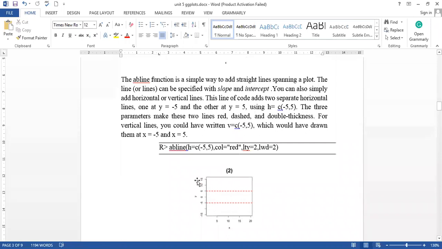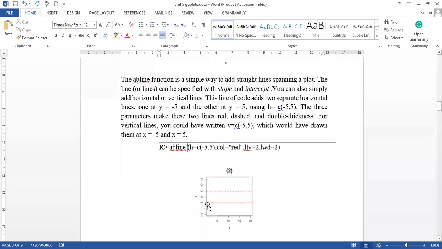Okay. To define this range, in the last lecture I also used abline, where I showed the line patterns of different lines. The abline function is used to draw lines. h is used to draw the horizontal lines, where I have taken c(-5, 5).